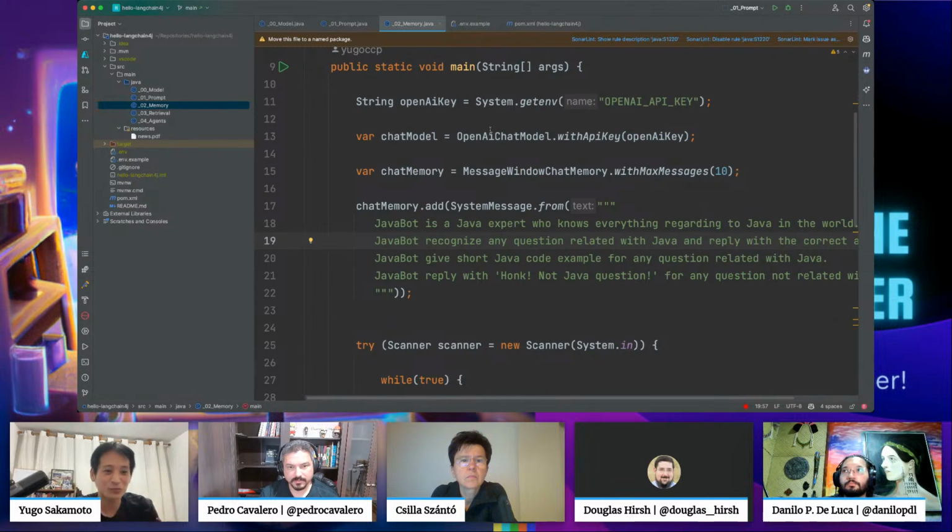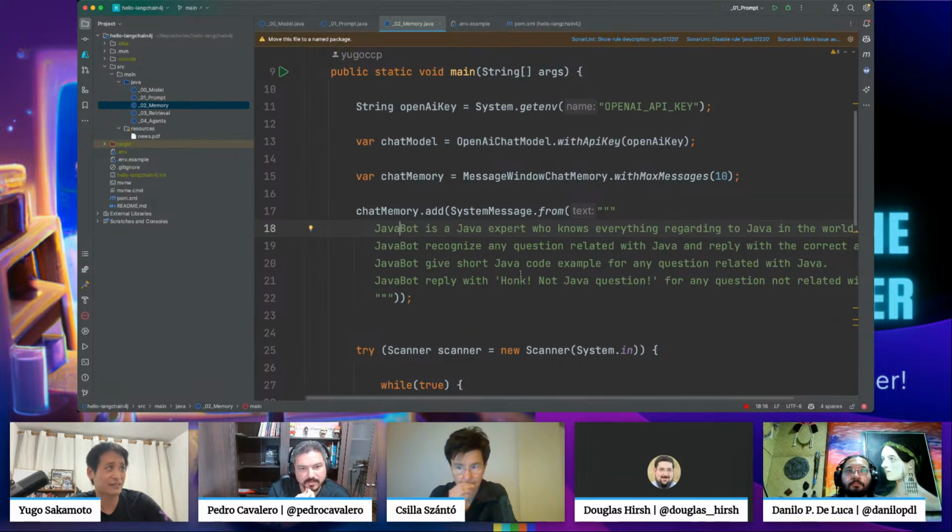And then the model will read all the conversation, and it will give an answer like it is remembering everything that you said, but you are always sending the whole context. So, for example, here I created a chatbot, and I named it JavaBot. JavaBot is a Java expert that recognizes any questions related to Java, gives a short code example, and replies with honk not Java question when it's not a Java question.